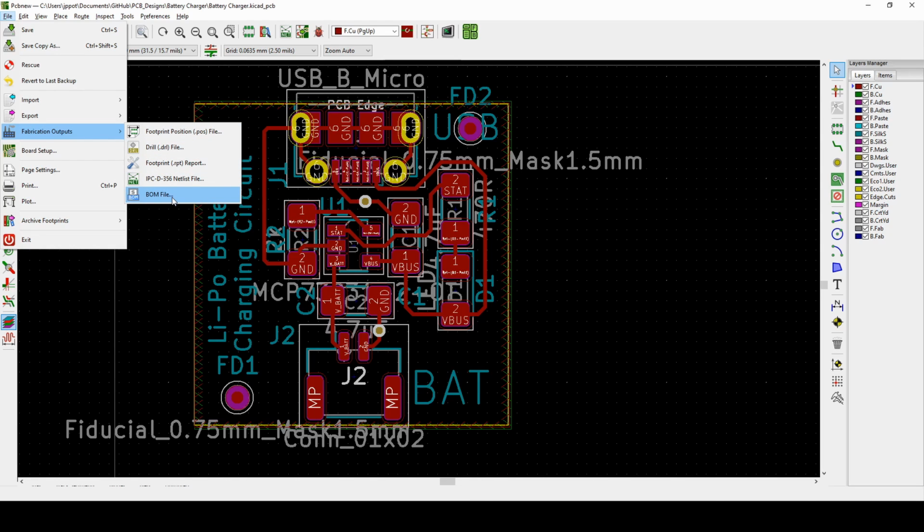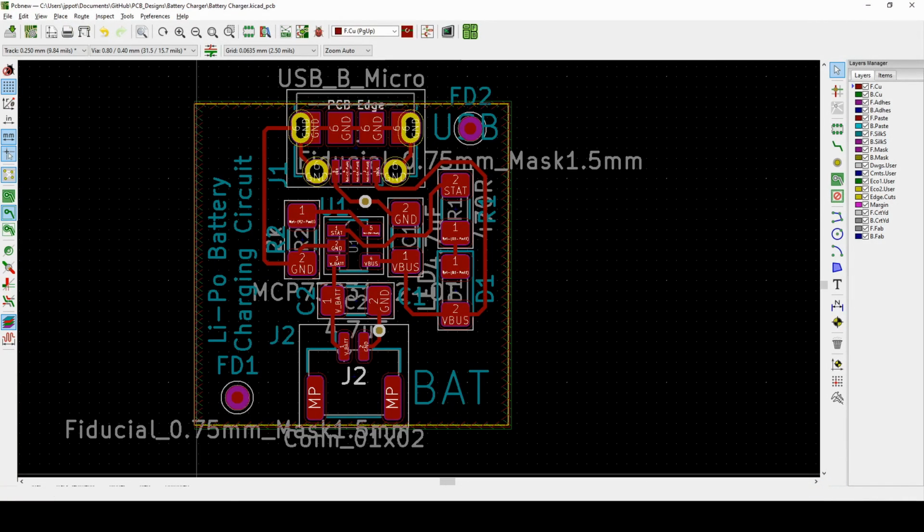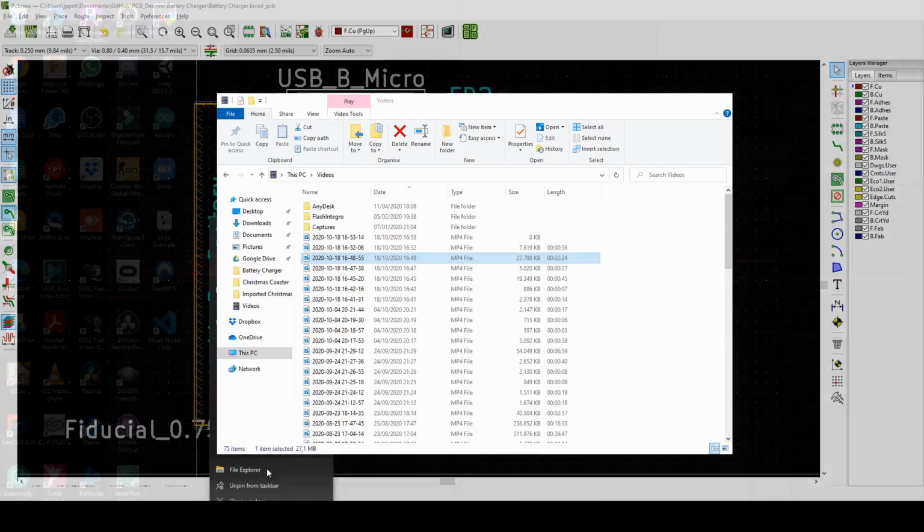So let's start with the BOM. When you generate the BOM, it's going to generate the CSV file. Save it where you want to save it. You can see I actually made one already. Let's just do tutorial. Copy this for later reference. Save. So when you open that,